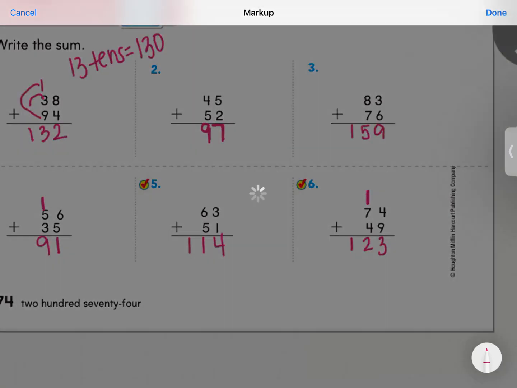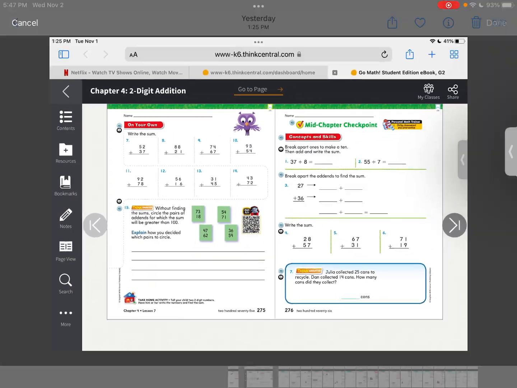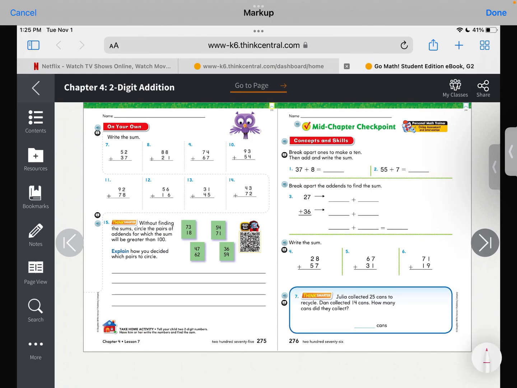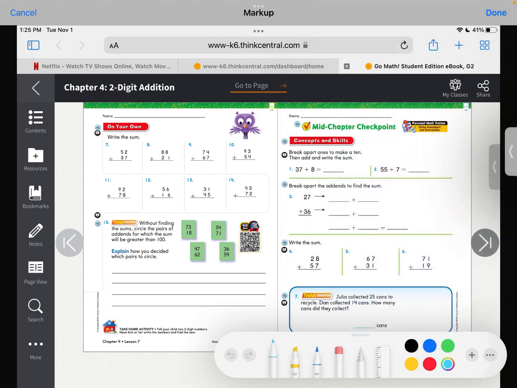All right, let's turn to page 275. Again, friends, if you feel like this is going well for you, you're not struggling, it's going really well for you, go ahead and pause me, work through a couple on your own, and then hit play and watch me solve them